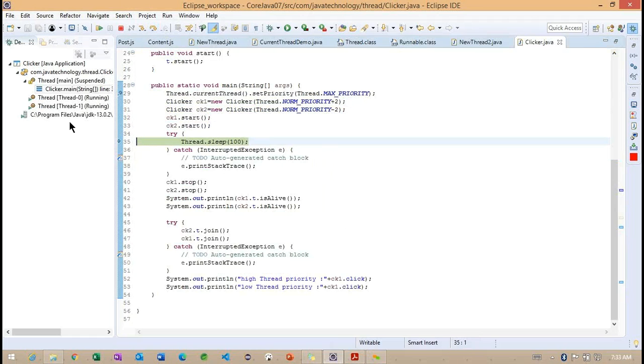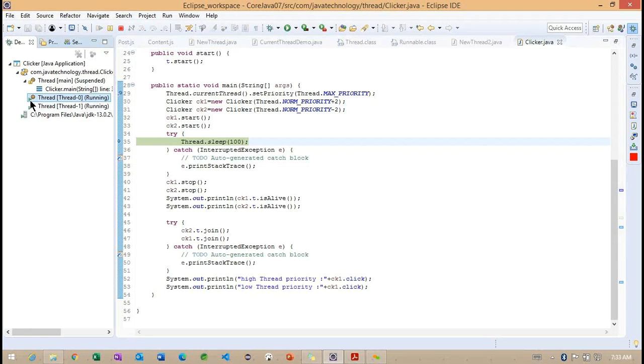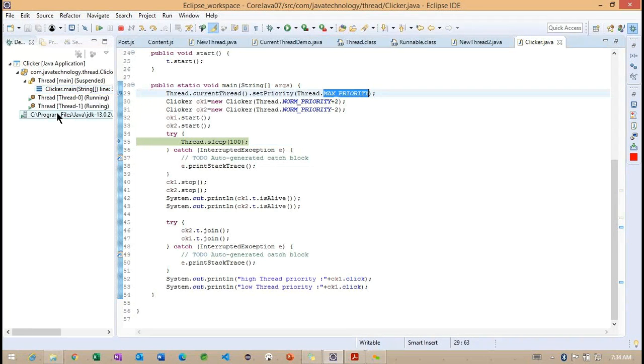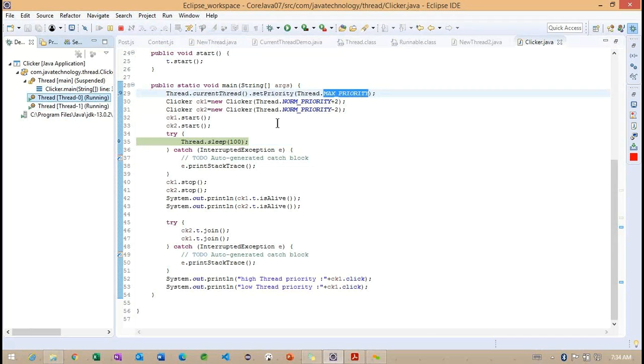Observe here. One more thread is... basically now we are in the main thread because of this particular max priority. So it is not opening here.